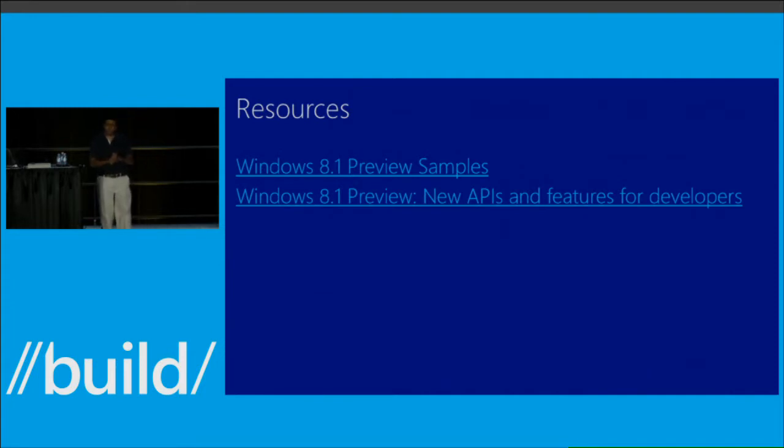Is there any recommendation on when to use DirectX or when to use just the regular APIs? That's a good question. So the question was, is there any recommendation on when to use DirectX versus when to use the WinRT APIs?